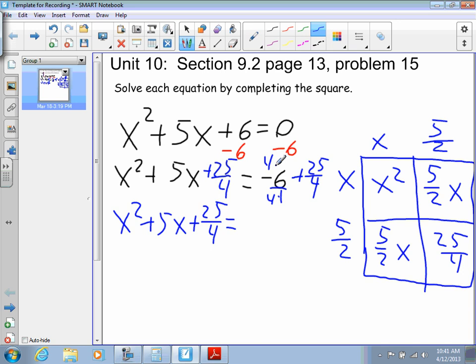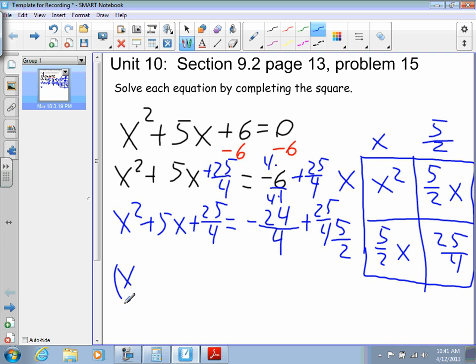So when we do that, we're going to end up with negative 24 over 4 plus 25 over 4. So now our equation is,